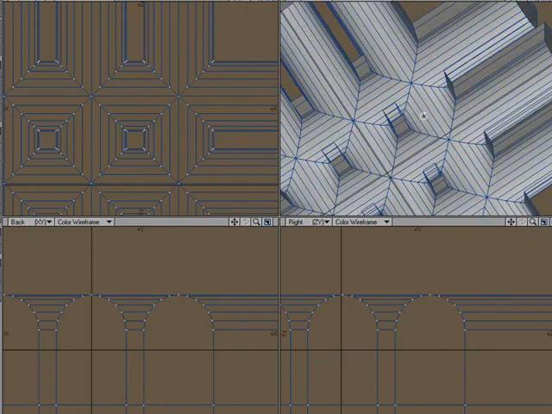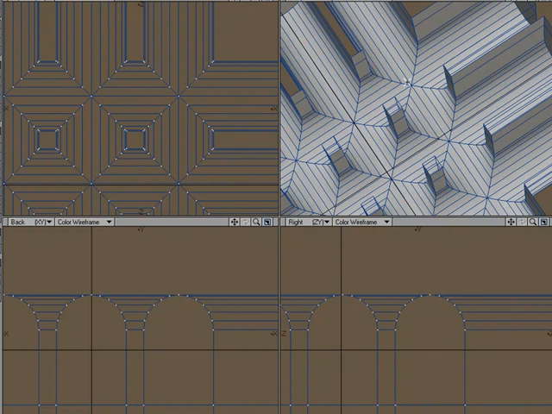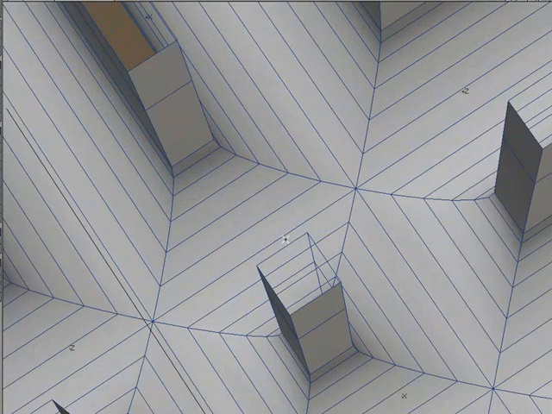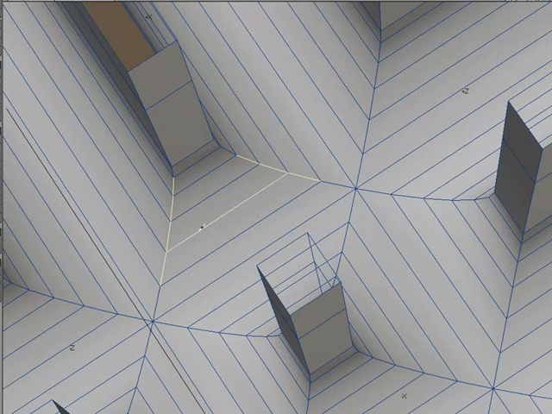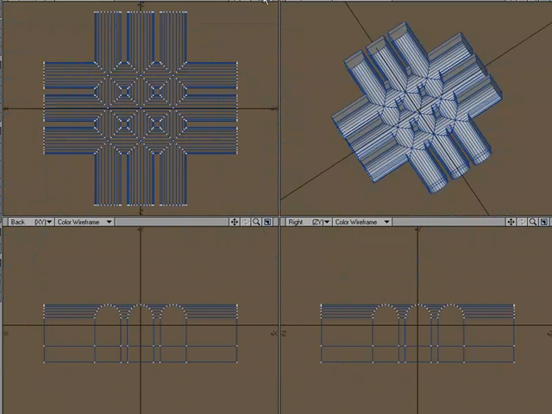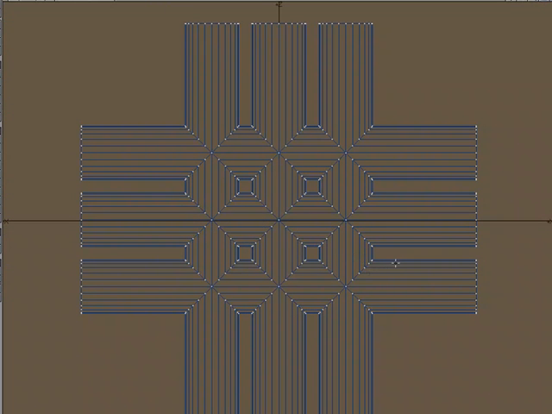Now the other thing I have to know is that I can't round all of the edges off at once, because if I try and round this set of edges and this set of edges at the same time, these points are going to be, let me zoom in just so we can see. If I were to go for, say, these edges and these edges, it would see that this point and this point make up this edge, and it would try and round those as well. So what I really need to do is make sure that I don't do two that are next to each other, but that's okay, because what I'll do is I'll get this guy, I'll get the one in the middle,